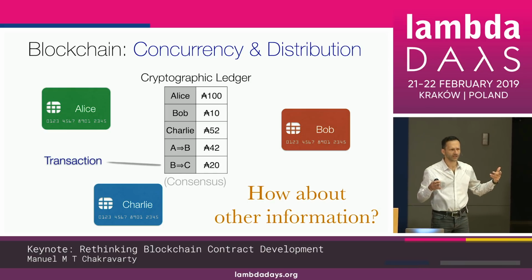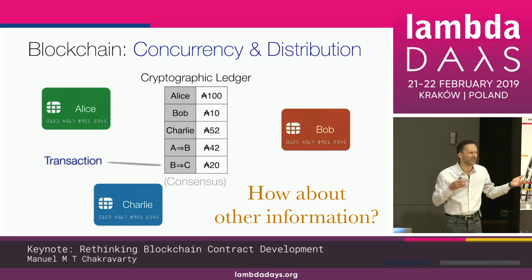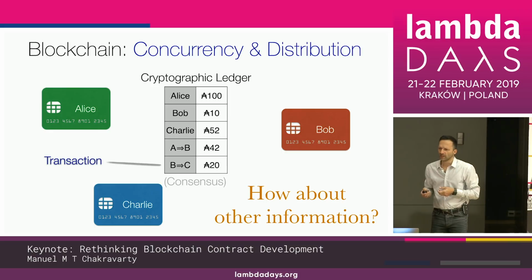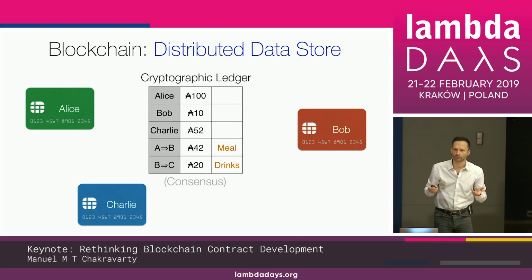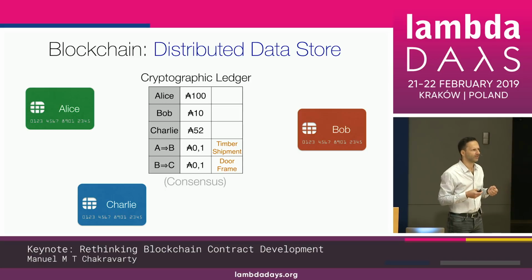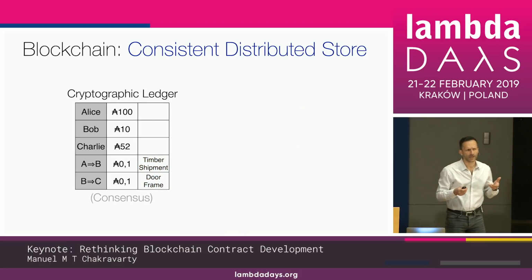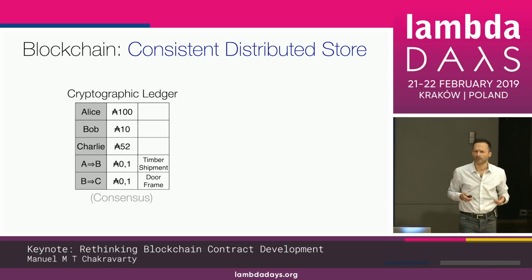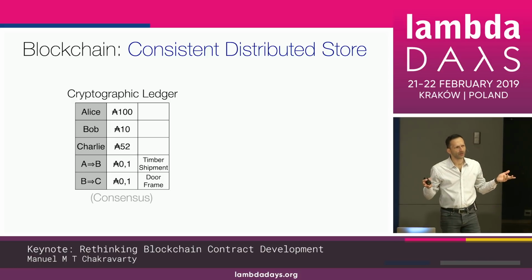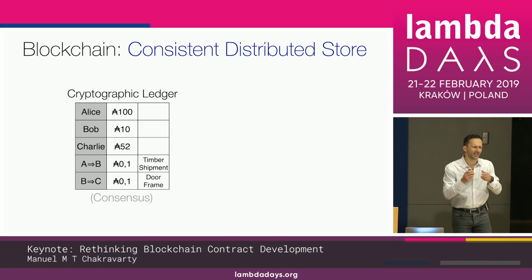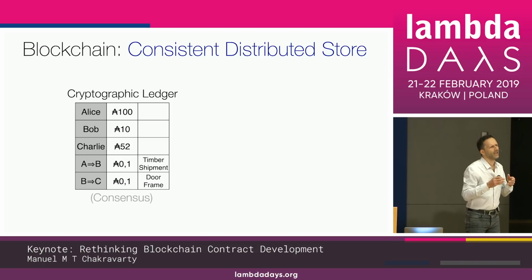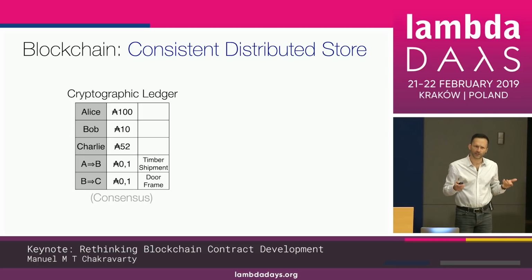But once we've got this data structure, why only send money to one another? That's boring. So we could store some other information. For example, why do you send that money? Well, that's still easy. How about doing something more fancy? For example, maybe Alice is actually growing timber and Bob is producing things from timber. Then, well, in Europe, there are a lot of regulations about where you can get your timber from and when you can call it sustainable or ecologically sourced and so on. So maybe we can record this type of information.